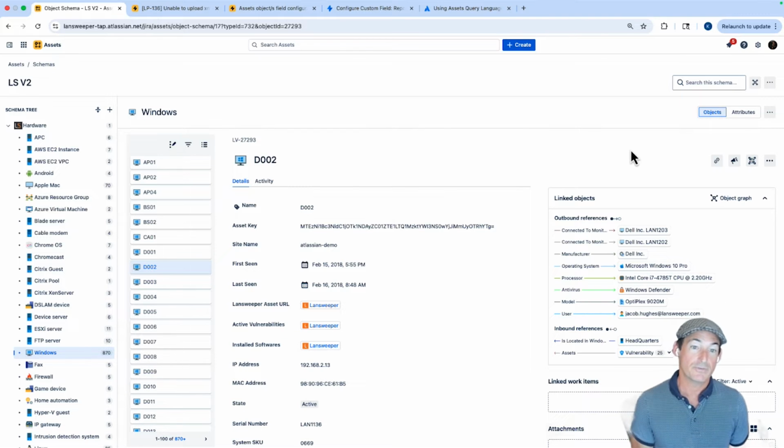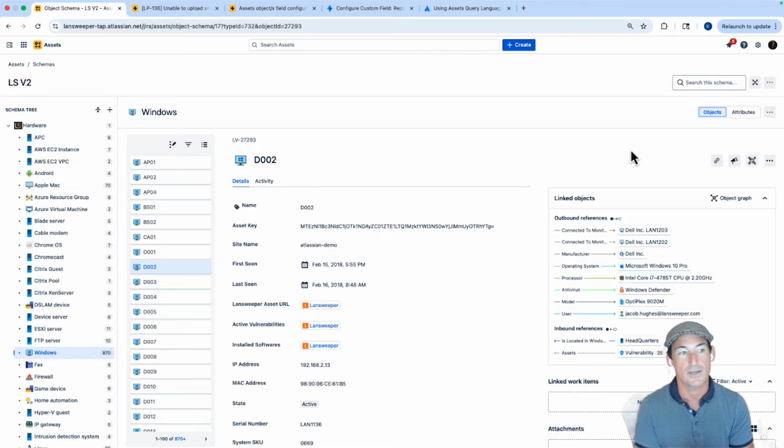Now, if you're watching this video, there's a good chance you've already either set up our Lansweeper Assets integration to Jira Service Management, or you built your own integration to bring Lansweeper data into Jira Service Management Assets. So it's great that we've got this capability to populate asset data and synchronize it from Lansweeper to Jira Service Management Assets. But in this pro tip, I'm going to take you through some simple ways to start improving the